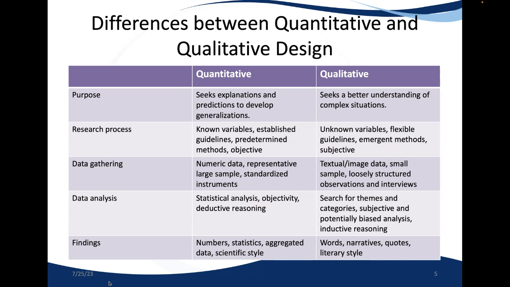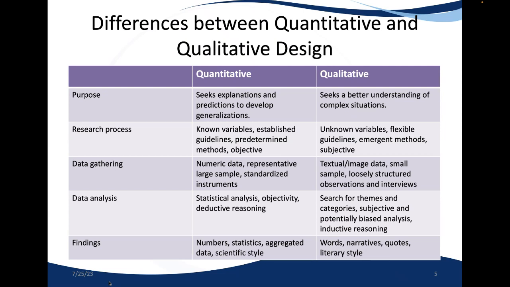In quantitative research, however, the variables are known. A lot of the times the items are understood. The things that matter are understood. We want to see the relationships between them, the strength of the relationship, the direction of the relationship, and so forth. When we gather data in each of these, for one, we're interested in numeric data, representative large samples, and we use standardized instruments,